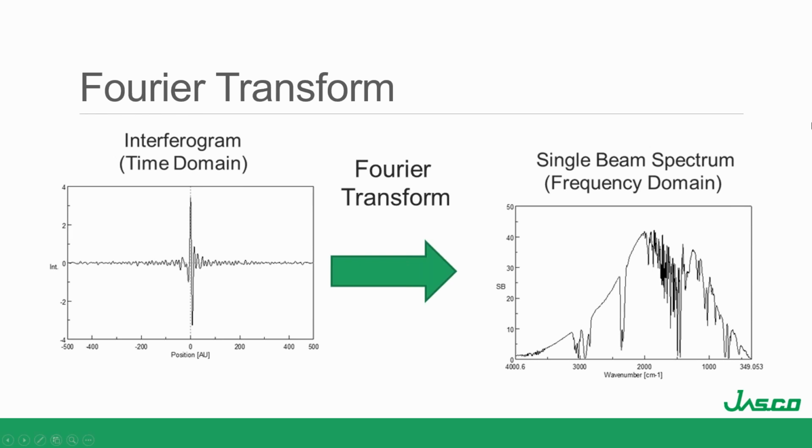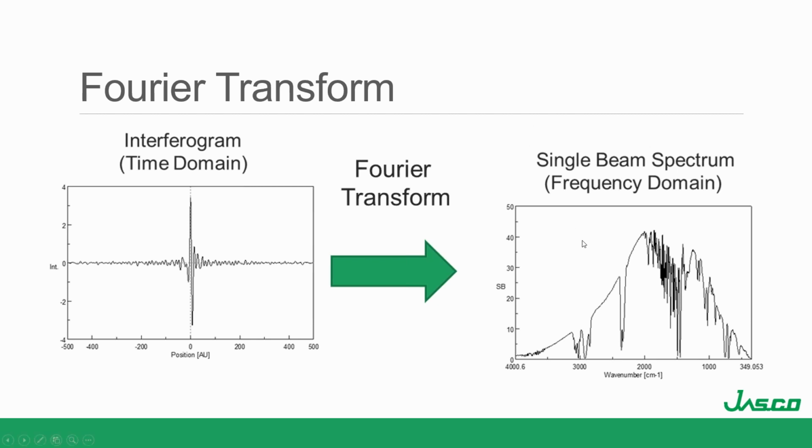That interferogram is in the time domain. It comes out as mirror position, which, if you know the speed of your mirror and where your mirror is, you can convert to time. And then it undergoes a Fourier-transform, which is a pretty complicated equation that takes about a page and a half worth of calculations for each data point by hand. So this is the reason why this technique didn't become popular until we had personal computers. As the computers got smaller, it was easier and easier to do this technique.